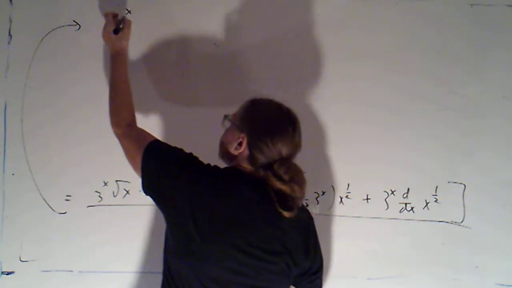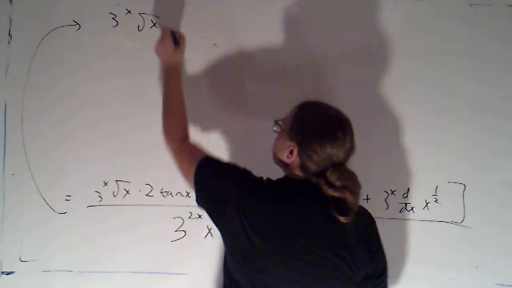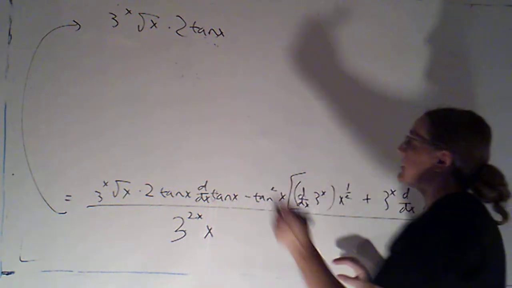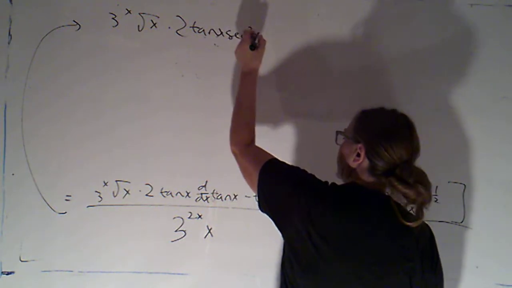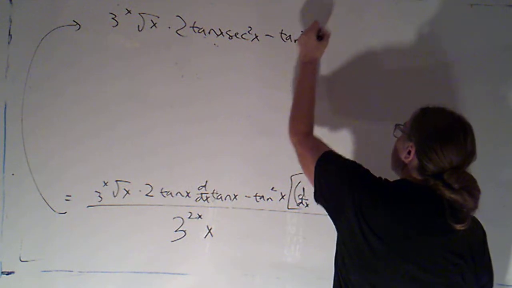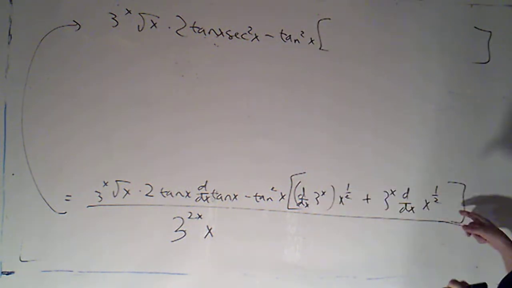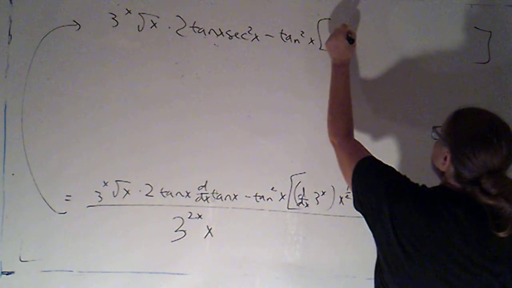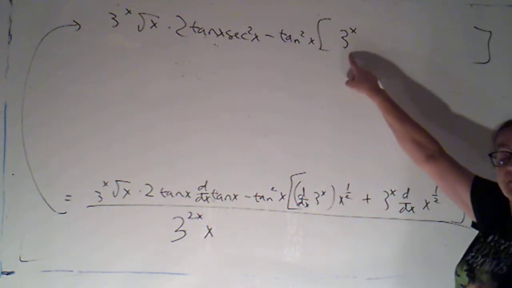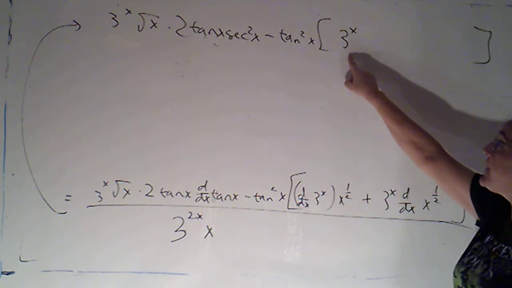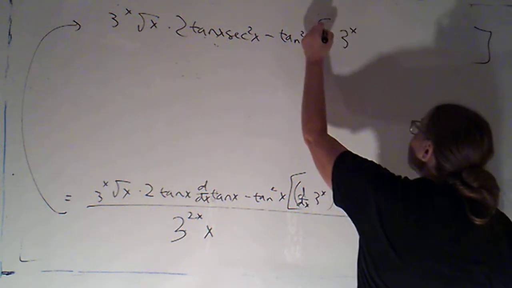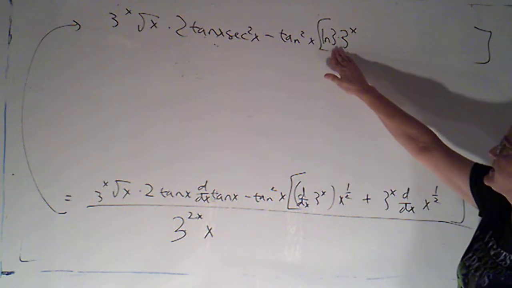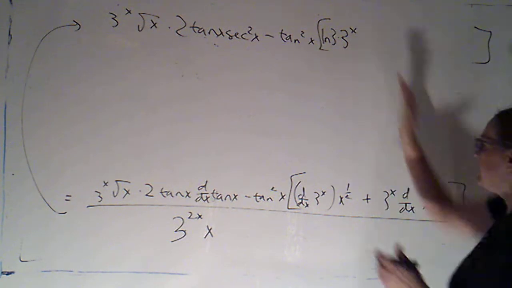So we'll get 3 to the x root x times 2 tan x times the derivative of tan x is just going to be secant squared x, minus tan squared x, and then inside these brackets, the derivative of 3 to the x. Remember, with any exponential function, when I take the derivative, I get the exponential function back. If the base is a number other than e, I get an extra factor of the natural log of that base. So this is going to be the natural log of 3 times 3 to the x,